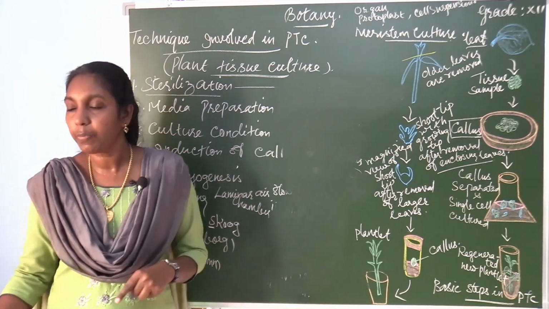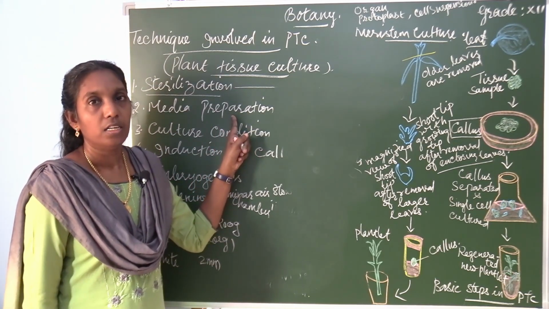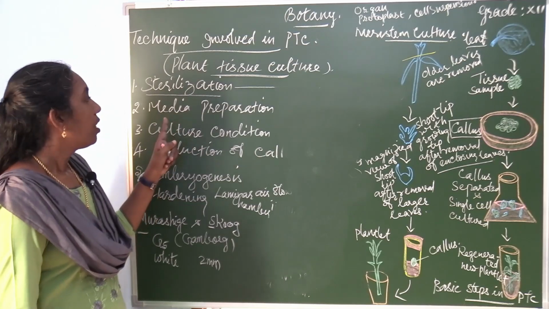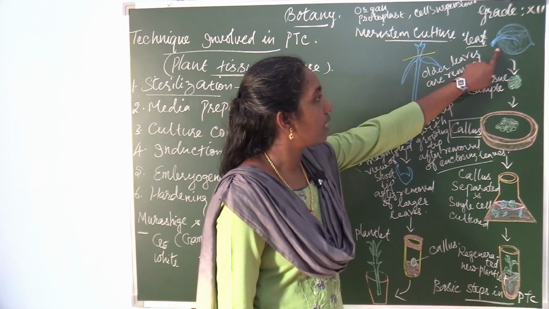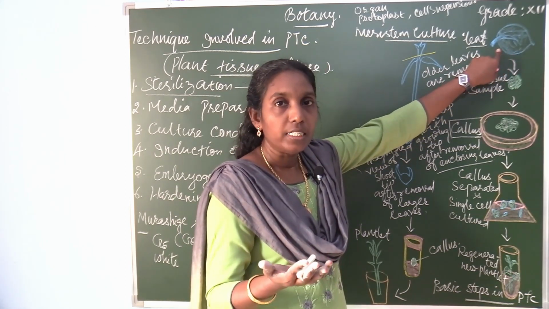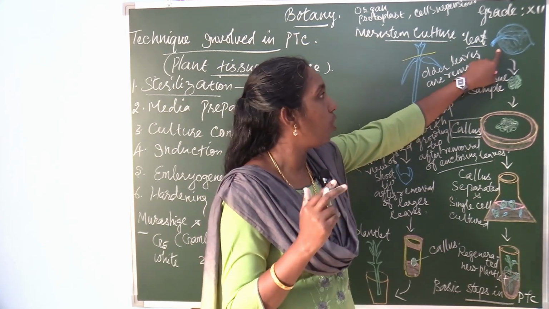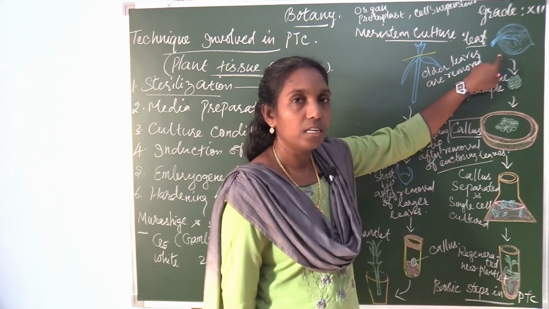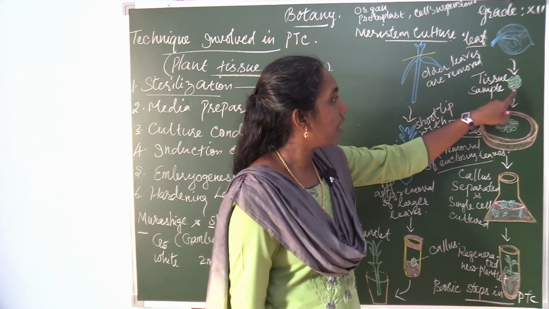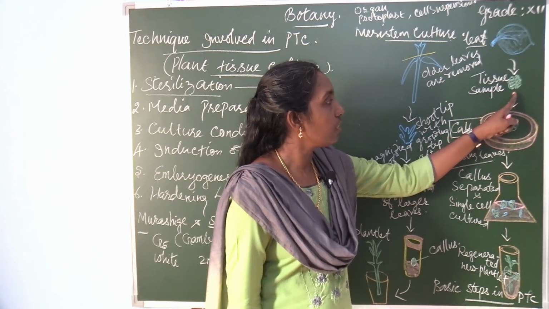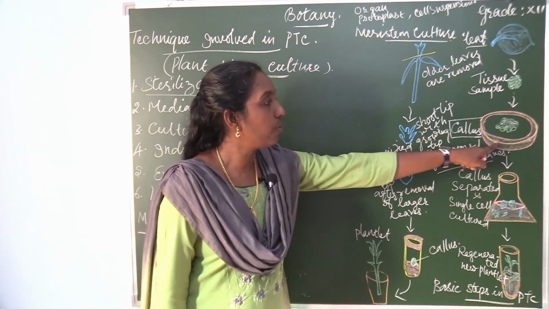the second process is preparation of media. For the preparation of media, there are different media used for culturing. Look at this diagram. This is the explant. The explant is a part of the plant. It may be selected from the root, stem or leaf. Here it is selected as the leaf, and it must be surface sterilized, and a tissue selected. This is the tissue sample, and this tissue sample can be transferred to a nutrient medium.